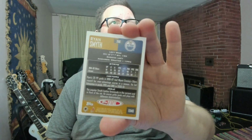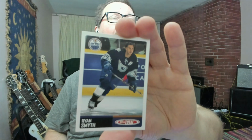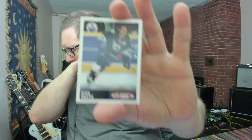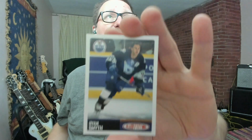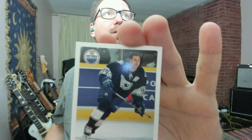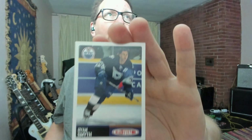And from the, looks like 2002 Topps Total brand card. Excuse me. In the alternate jersey done by McFarlane, who did the Spawn series of comic cards. Todd McFarlane, I believe, is correct, with the Edmonton Oilers jersey logo that was designed by him in jersey, Ryan Smith. And the last of the stack, old school